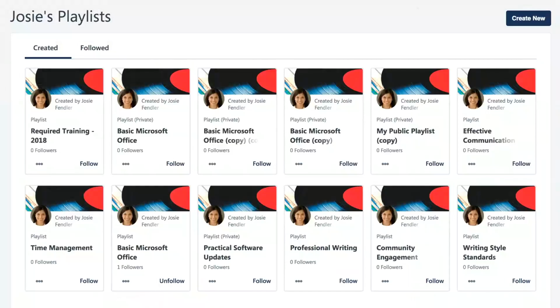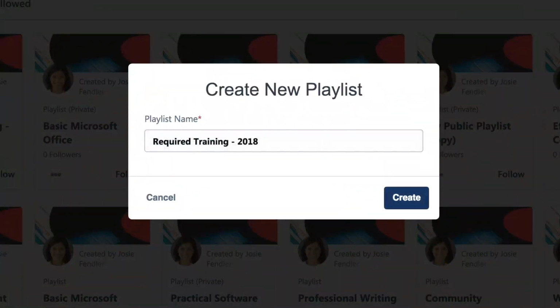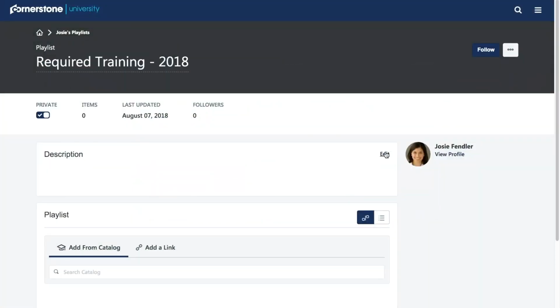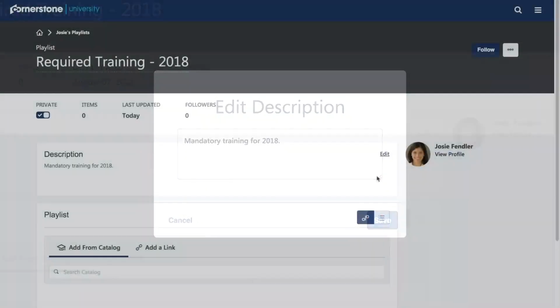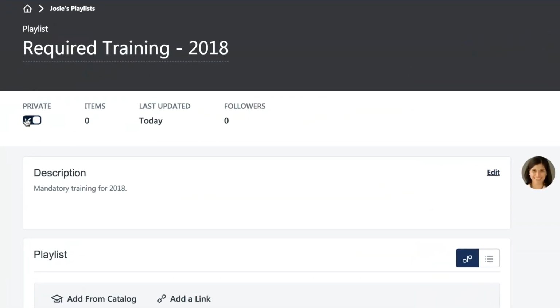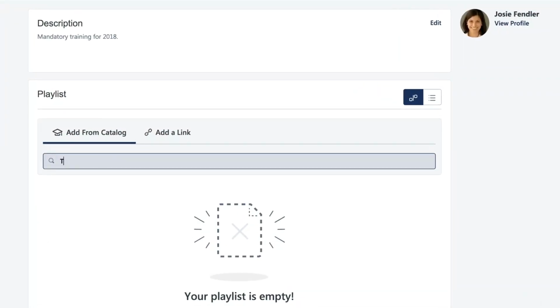To create a new playlist, select the Create New button. The new playlist will need to be given a title. A description can be added, and if the curators have the correct permissions, selecting the private toggle will make the playlist visible to all users in search. The Add Training search bar will display training that a curator meets the availability for to fill out